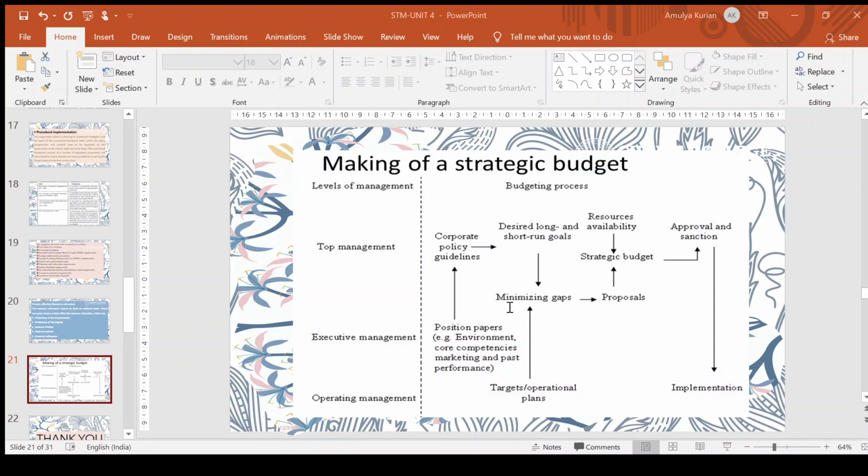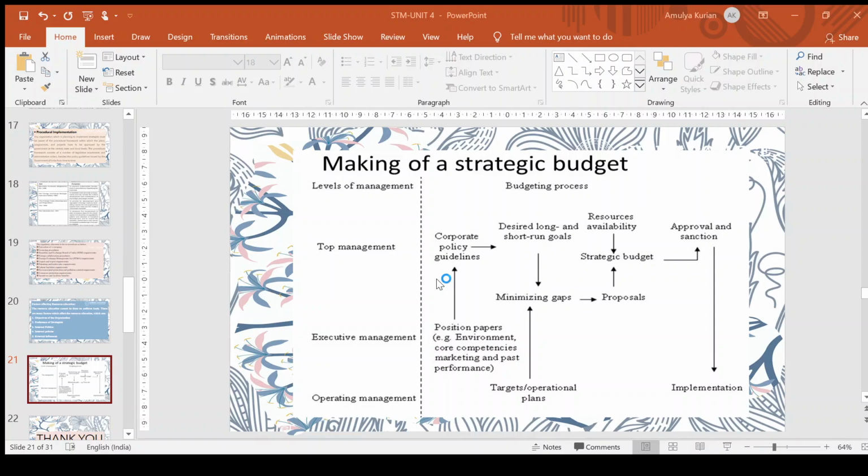So mainly the first step is the top management will initiate the budgeting process. Second one is the objectives will be communicated to different departments. Each unit or department will prepare a preliminary budget for the next period, and these preliminary budgets will be reviewed by the top managers, and then the budget department will be allocating the funds, and summary of budgets are usually prepared, and the projected receipts and expenses are put together, and based on that, the budget will be framed and allocated.